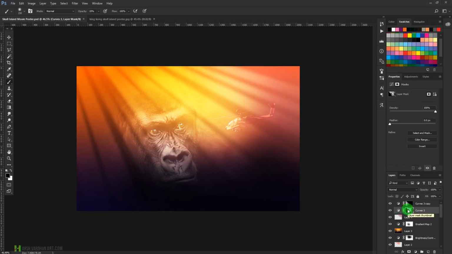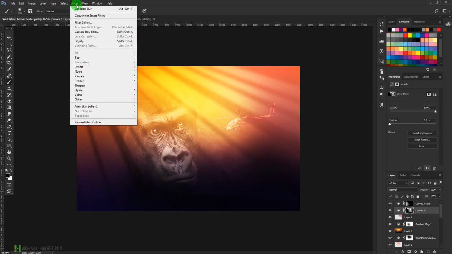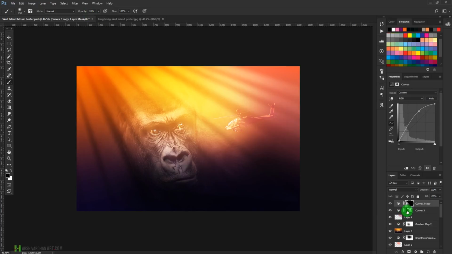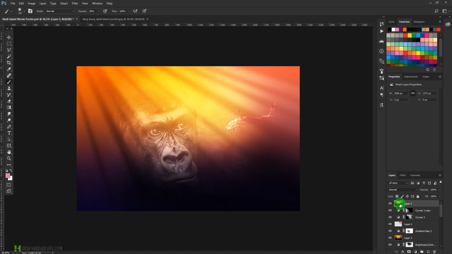Alright, but I feel that we need to make these light beams even more blurry. So we'll go to the filter and choose Gaussian blur once again, and over here as well, filter, blur, Gaussian blur, and this way it is looking good. Alright, so let's create a stamp copy of it by pressing Ctrl Shift E,